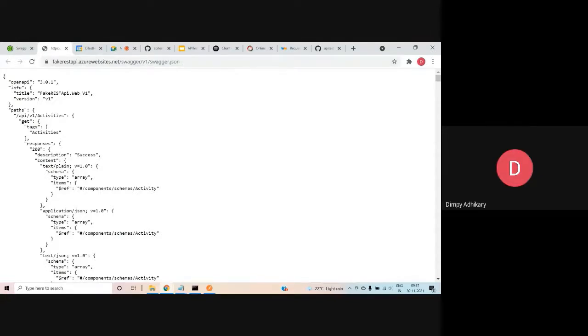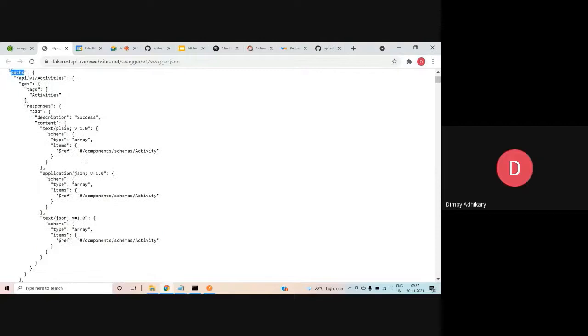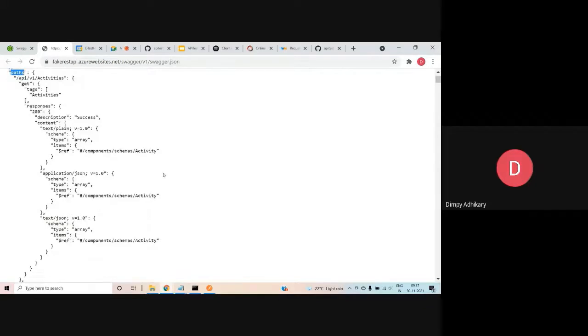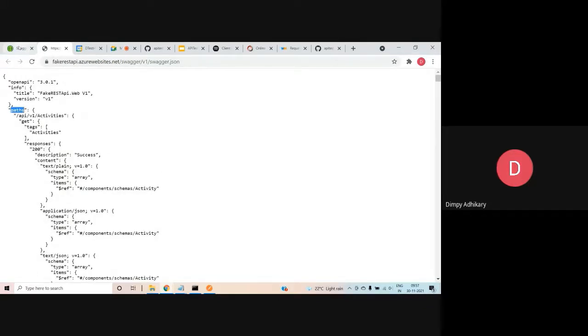You can see the OpenAPI, what is the version, title, then paths. Paths basically means your endpoints. Then it will give you all the details about the different endpoints: what is the structure, what are the body parameters, query parameters. Everything you can document using this format. So you can use your own JSON. Suppose you have this JSON file, there is something called